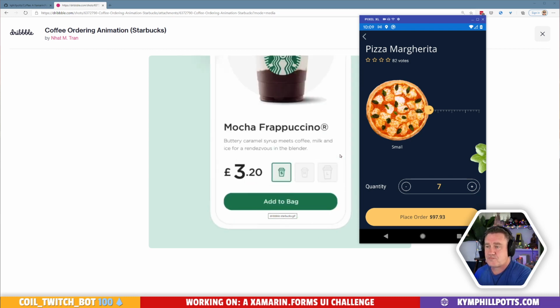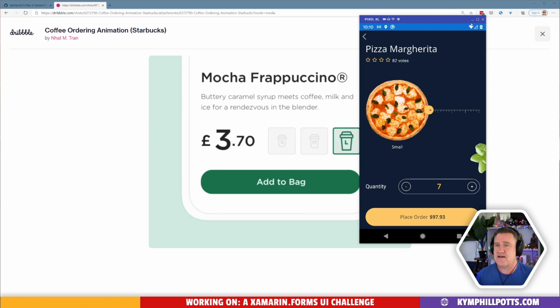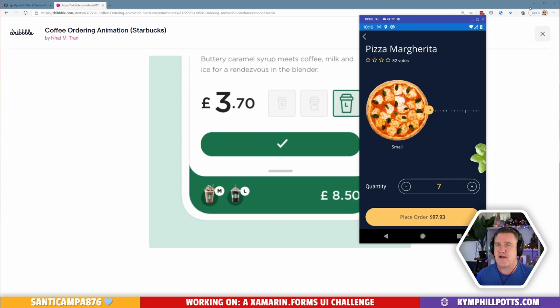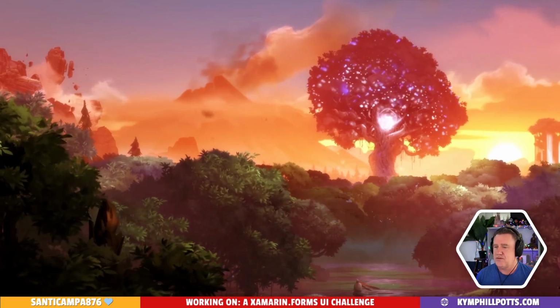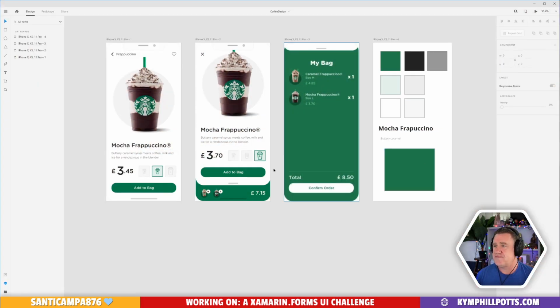All right. Before we do that, let's get a bit of this design for this first page going. So what do we need? We need a picture of a mocha frappuccino, as you do. We've got our fonts here already.